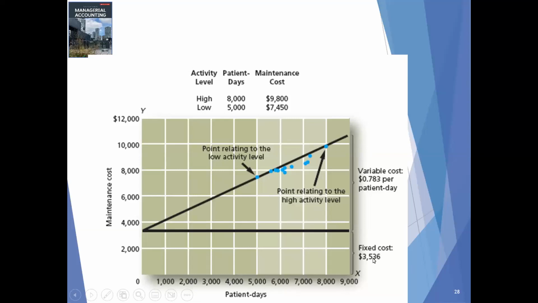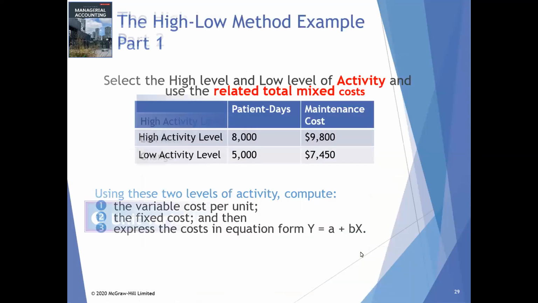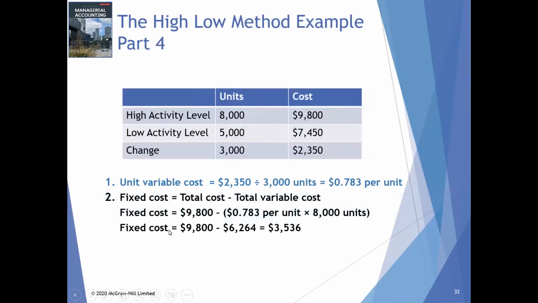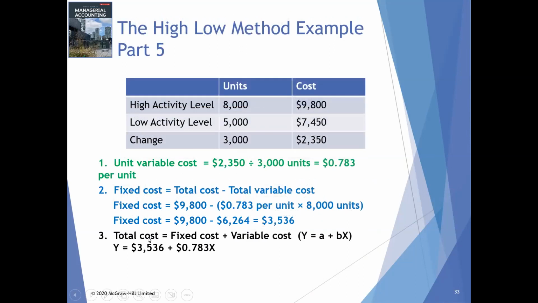3536 is the fixed cost. Okay, so in this way we have calculated the fixed cost. Now next we have the third one,